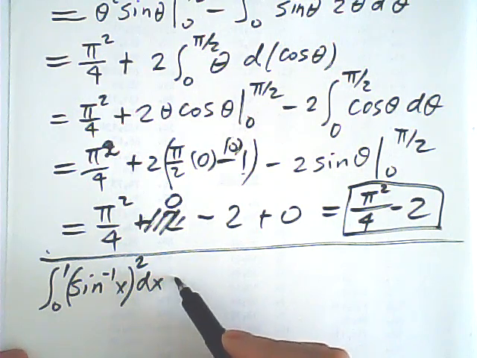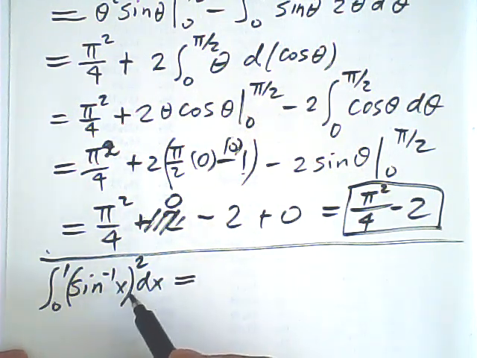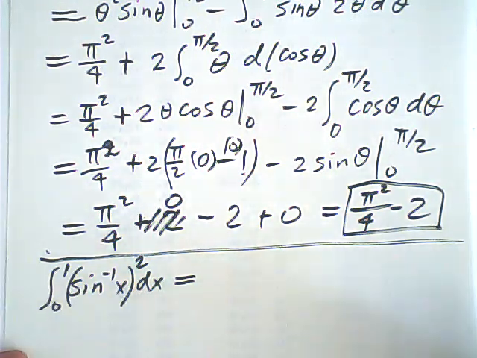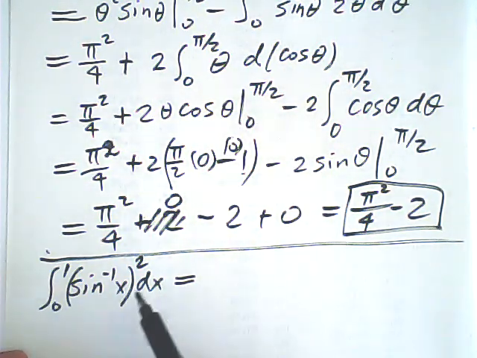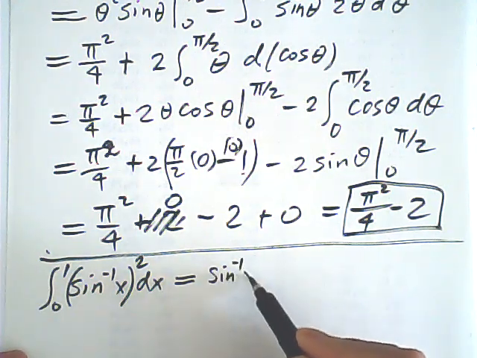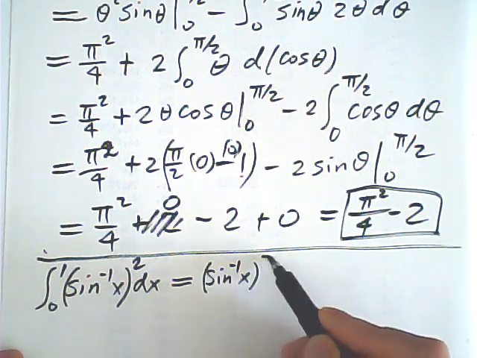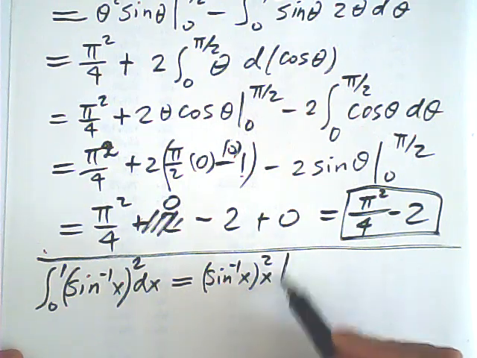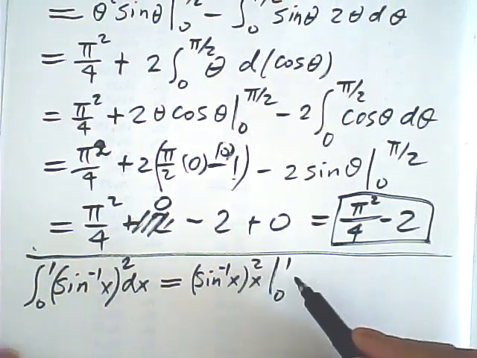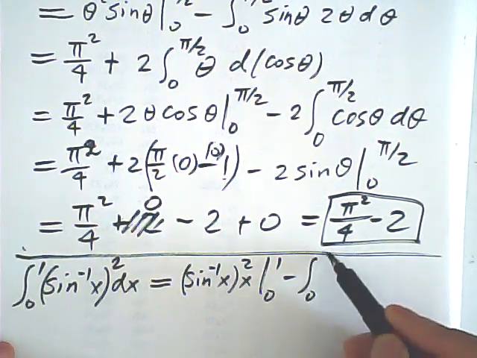So this one is equal to uv, this is u, this is v, right? Arcsine x squared times x from 0 to 1 minus v du, integral from 0 to 1,